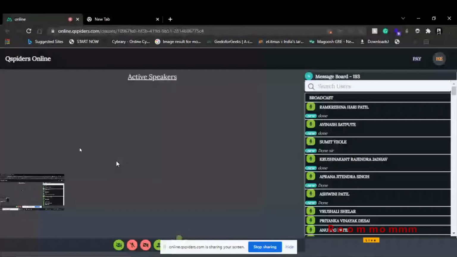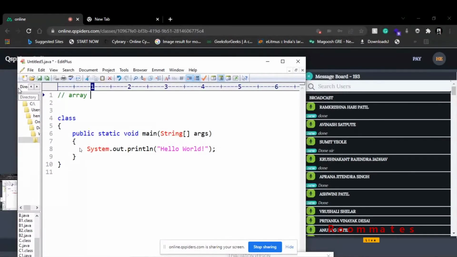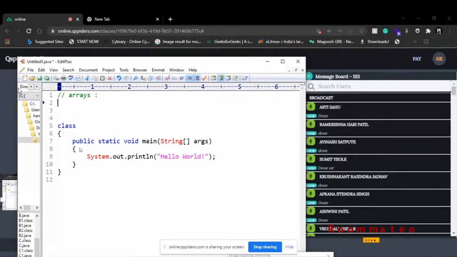Okay, now what we'll do, you guys have knowledge of array, yes or no? Arrays, one very nice question we will do in the array. The question is: write a program to print the maximum in the integer array.